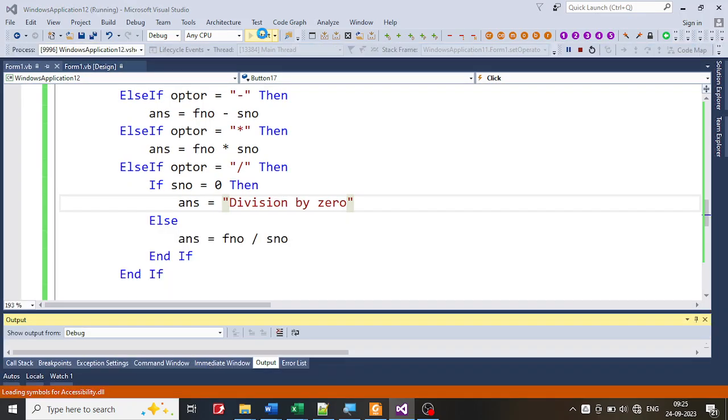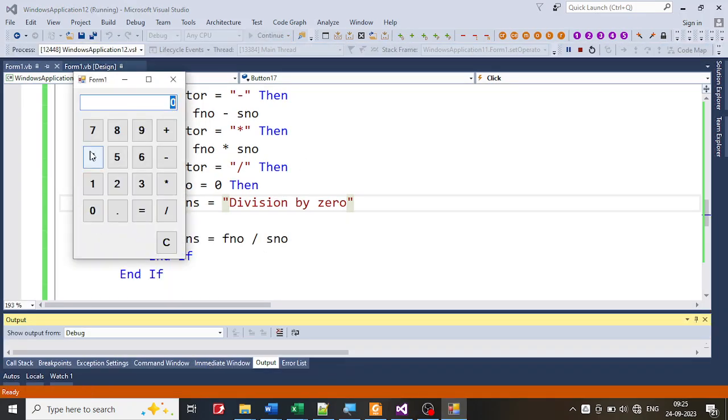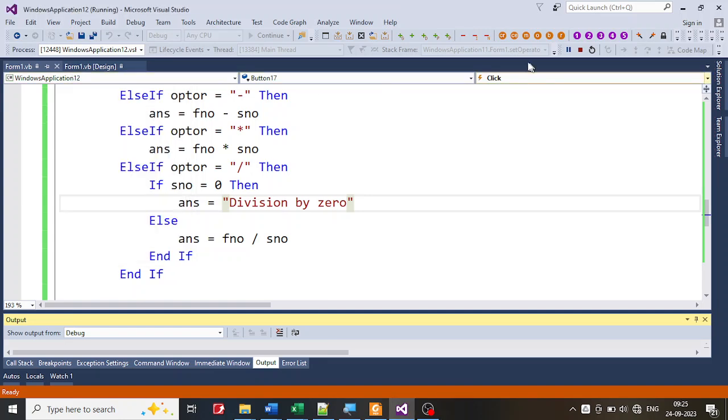See whether we are going to get this answer. So I get 5 plus 6 equal to 11. I get it. Okay, so that is good, is it not? Let me run it one more time,